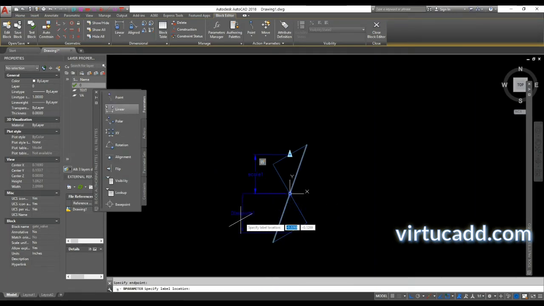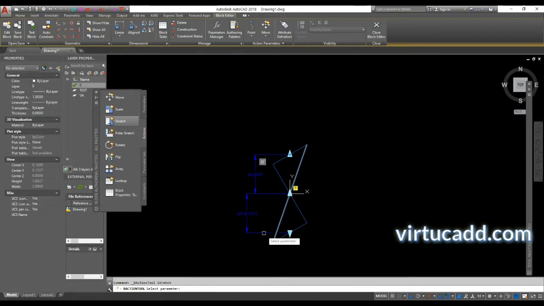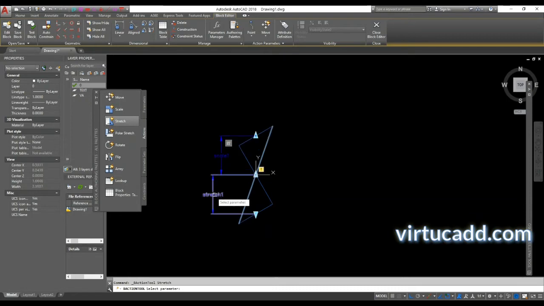Now let's take this point, stretch. We will apply action, stretch, select parameter, this one, this is the parameter point, and have a frame.